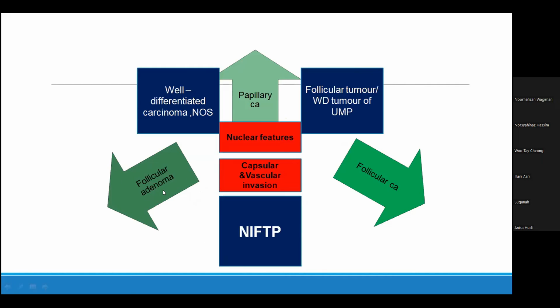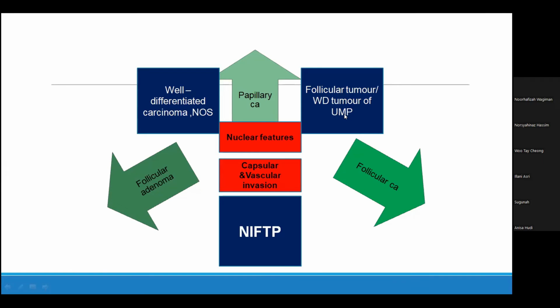If clear cut, no capsular or vascular invasion and no nuclear features of PTC, it goes follicular adenoma, no problem. If there are no nuclear features of PTC and there is capsular and vascular invasion, no problem, follicular carcinoma. When the nuclear features are absent, but you have questionable capsular or vascular invasion, it's follicular tumor of